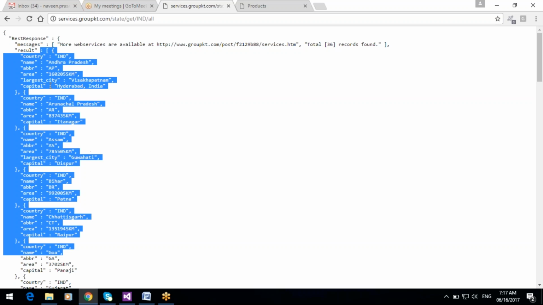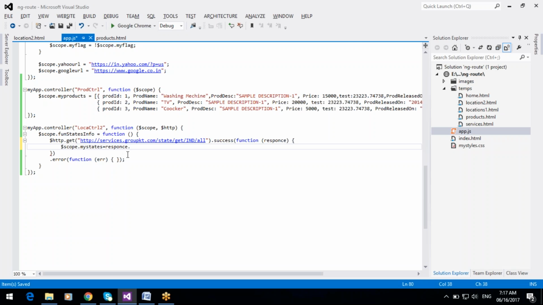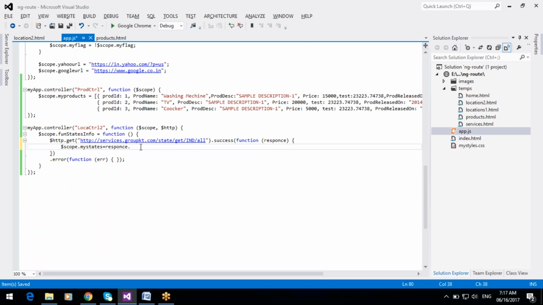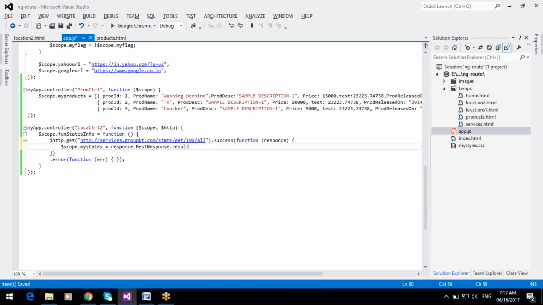To read all this states information, we have to call rest response dot rest result, response dot result. Now the total states information will be stored in my states scope object.